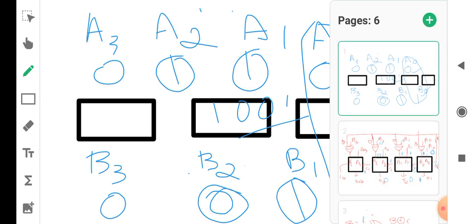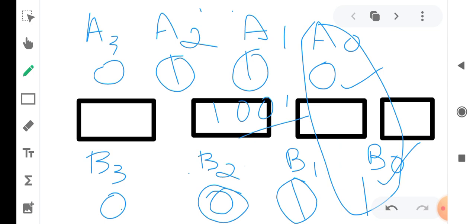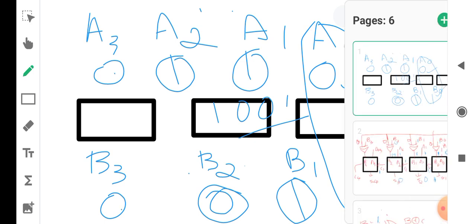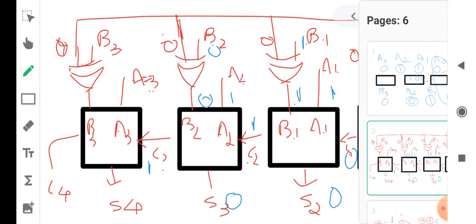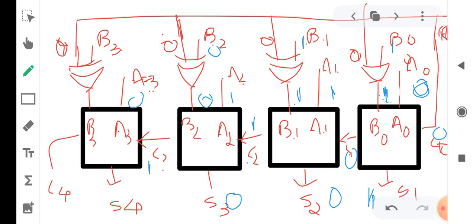B3 is equal to 0 and A3 is equal to 0 here. So B3 equal to 0 means the same 0 will come here. So 0 plus 0 plus 1 is 1 here with 0 carry. So the output we get here is 1 0 0 1.